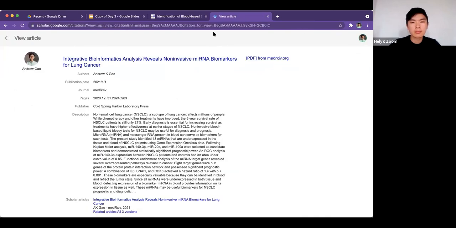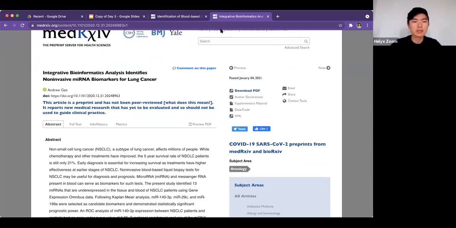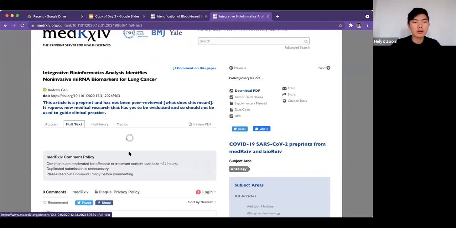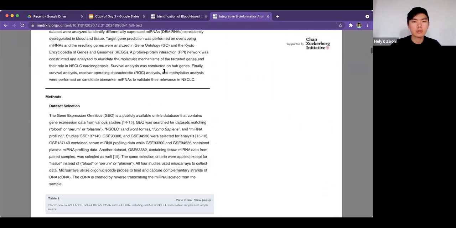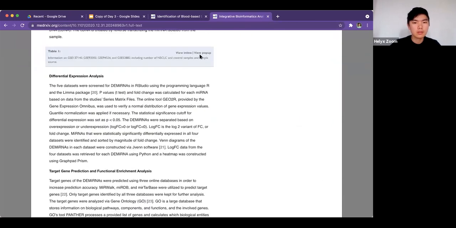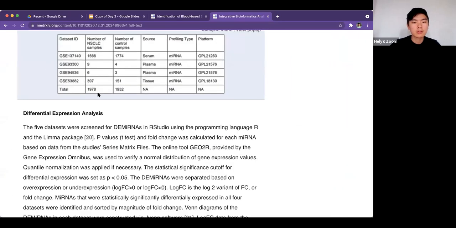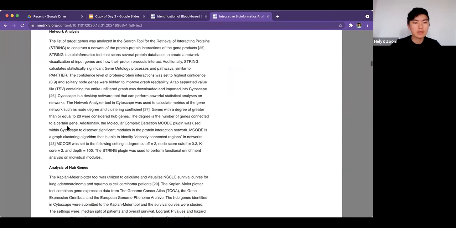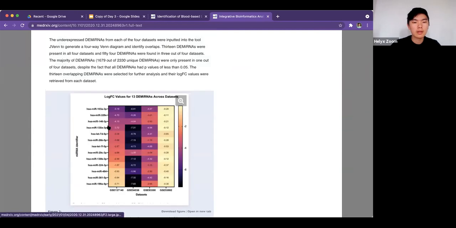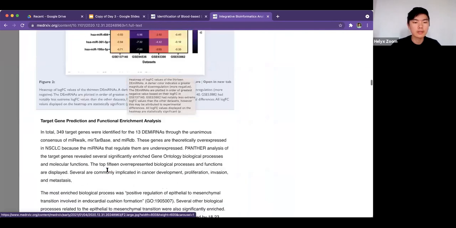So here's a more recent paper I did last year. This one is about microRNA biomarkers for lung cancer. MicroRNAs are non-coding RNAs, so they don't make proteins. What microRNAs do is they find other RNAs and break them down or otherwise disable them, and they help reduce or regulate gene expression. In this example, I compiled data from 4 data sets, with a total of about 4,000 samples. And I did some steps like a heat map showing the difference in expression across data sets of these microRNAs,